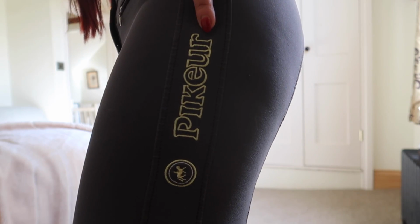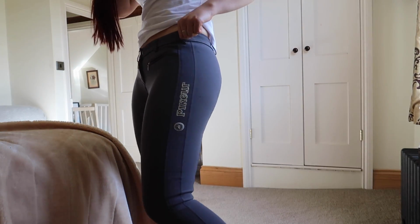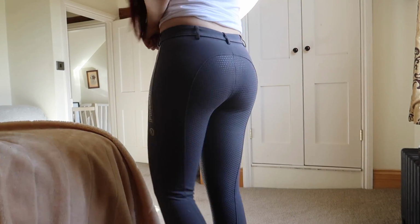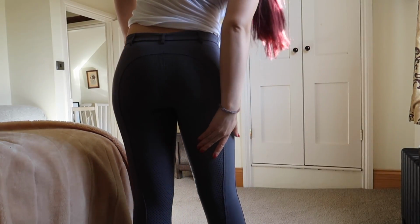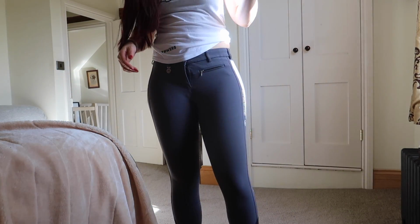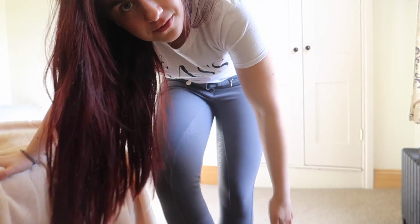These are Pikeur. They're the low-waisted ones. I actually prefer high-waisted, so I don't know how we ended up with these. But they've got a grippy seat to keep you on your pony. This is super awkward, filming jodhpurs. But anyway, they don't have